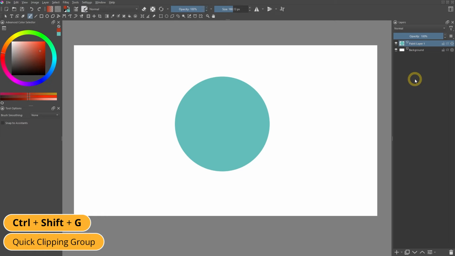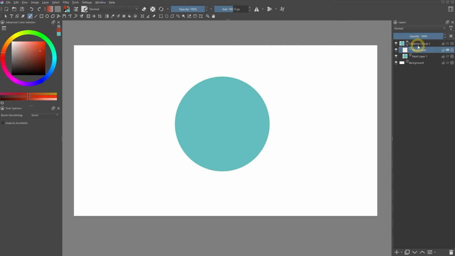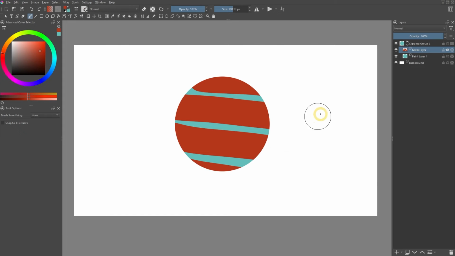Then press Ctrl-Shift-G. As you can see, Krita just created a group layer as well as a new layer with the inherit alpha option already active. So, we can immediately draw on this new layer as a clipped layer because the transparency is already constrained by the layer below it. Until this point, you might be thinking that creating a clipping mask effect in Krita is more troublesome than in Photoshop because we have to create a group layer for it.